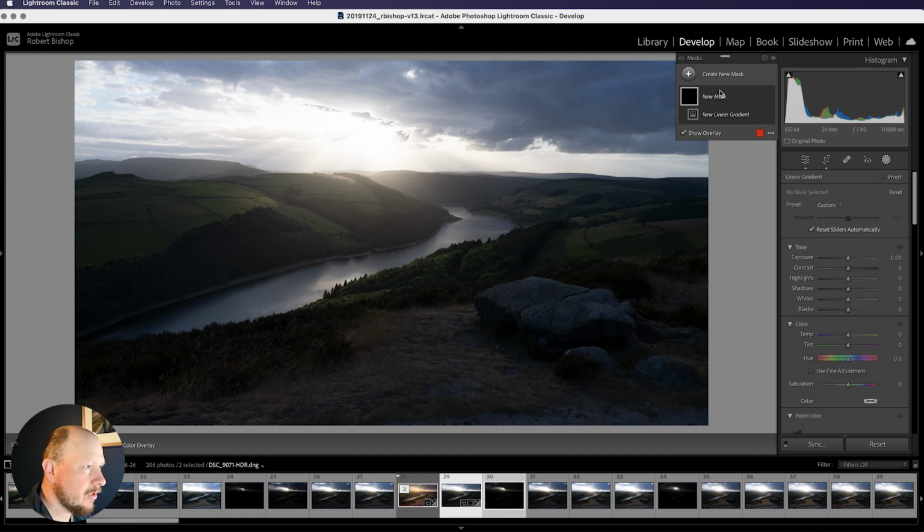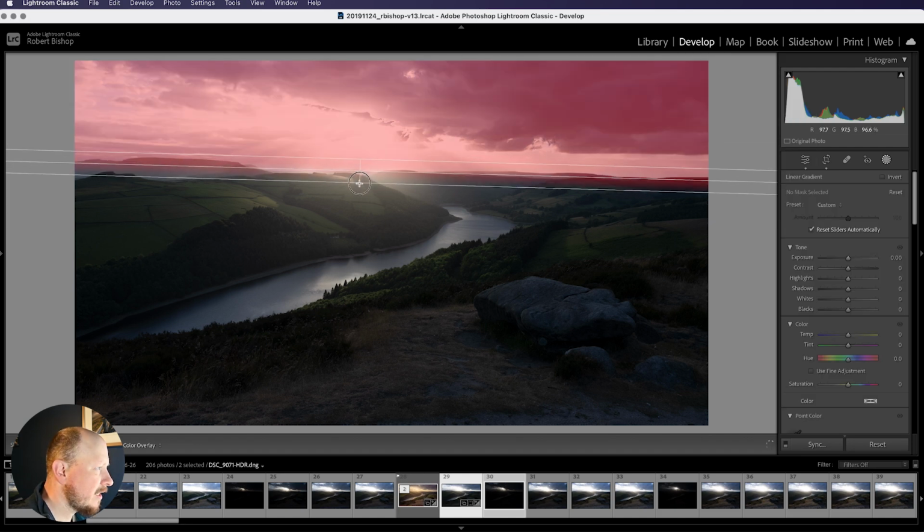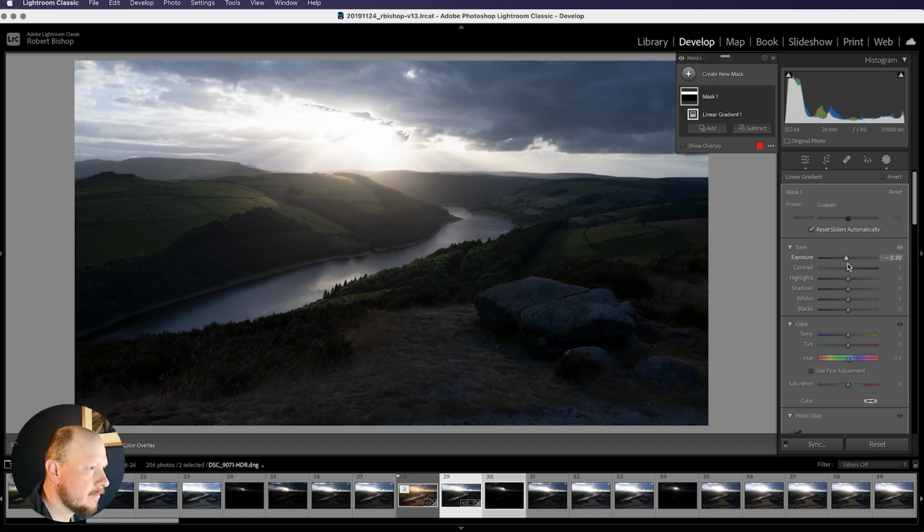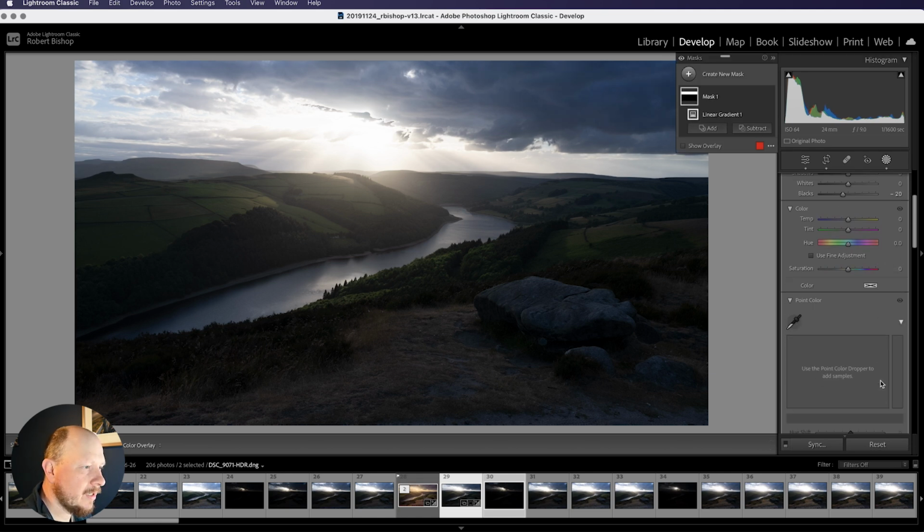I probably should have used a graduated filter when I took the shot, but I didn't, so this is the solution now. Just drag that down from the top. I am going to just slightly overlap the mountains there, but not too much. And then now with that, I could bring down the exposure slightly, highlights, but I think I'm going to bring the highlights down globally, so I'll just bring the blacks down slightly for now. So I'll close that,